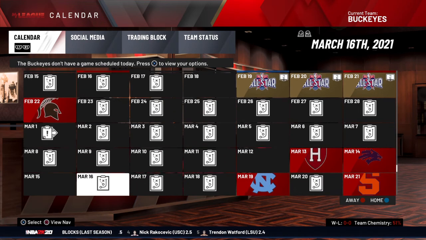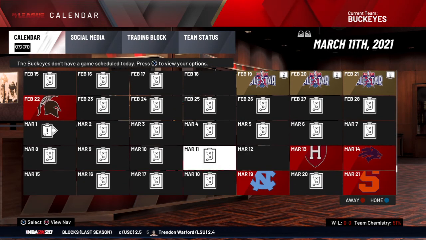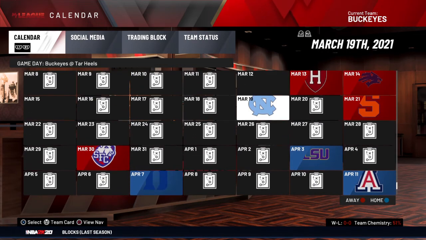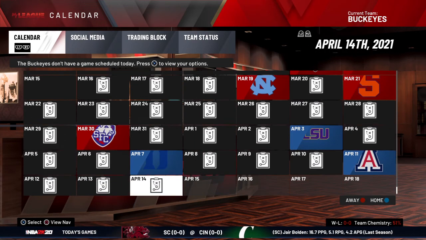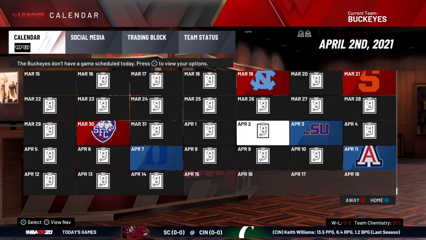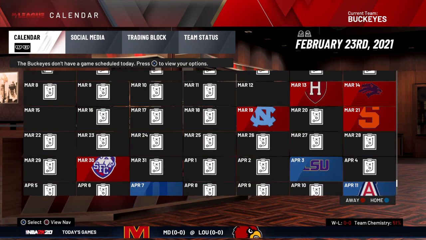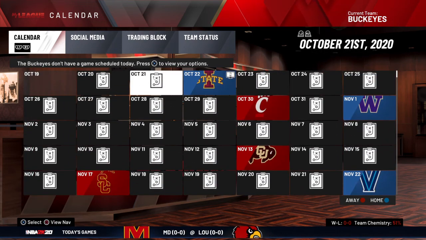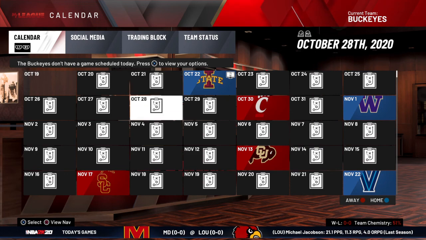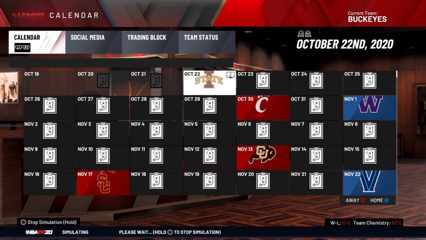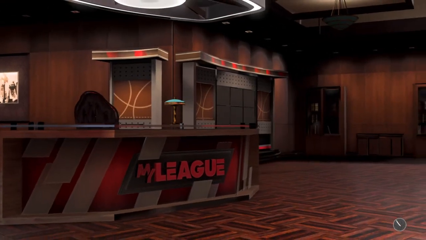And then we'll move into March, where we'll probably play North Carolina. And then we'll move into April. We got Duke. We've played Duke. So we'll play LSU. So that is most likely the schedule. I'm going to have to remember who I said. But let's just simulate up to this game real quick. We're not going to play it, but we're just going to simulate up to it.